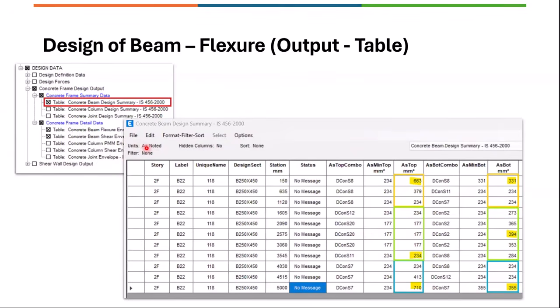Before going into the report, we also have the table output, which you can access via the show tables. So there will be 2, one is summary and another one is envelope. This one is a summary output. And you can see the station locations starting from 150 to 5000. And the program by default designs the beam member approximately at every 500 mm along the length of the member to capture the variation of the forces and